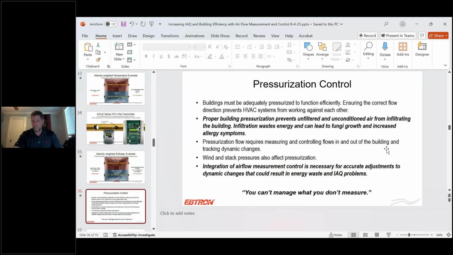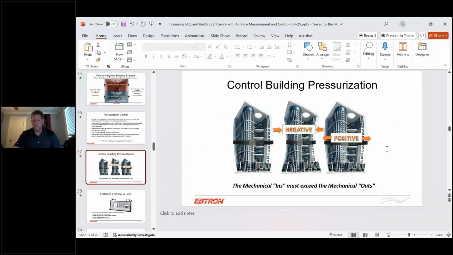So utilizing airflow measurement and control is necessary to make sure that, number one, you adjust to dynamic changes. Also, pressurization changes outside, barometric pressure changes, changes within the building, right? To reduce energy consumption and improve your indoor air quality. So a quick picture to show what we're talking about here is it's really a function of mechanical ins versus